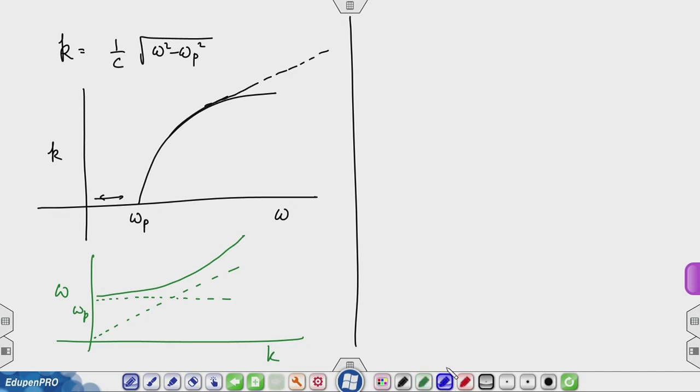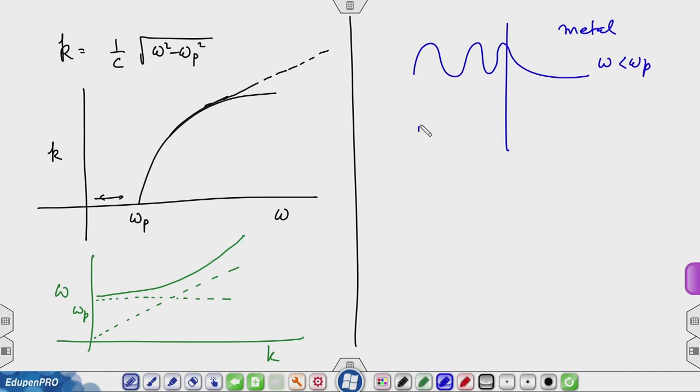So, if you have a metal on one side, for omega less than omega p, you will have decay here. For the other wave, you will have them going through. And that makes sense, because physically what is happening is, if omega is less than omega p, now recall what